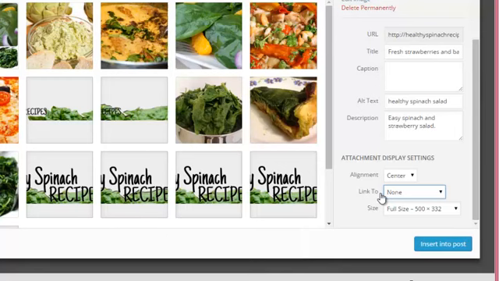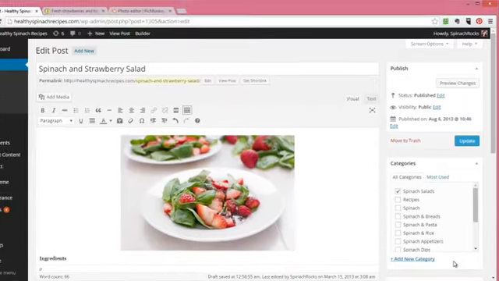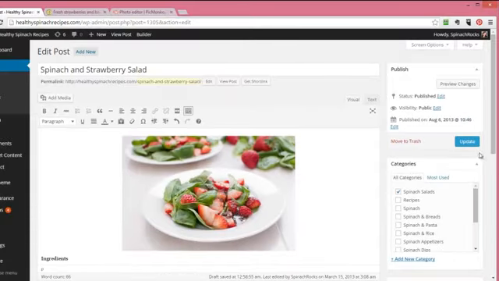If by chance you want it to link somewhere like a different website, or maybe you want to send it to another page of your website, you can use the custom URL. So what we can do is use full size, medium size, or a thumbnail. So we'll just leave it at full size, 500 by 332, and click Insert into Post. Now you can see it's nicely centered over the top,